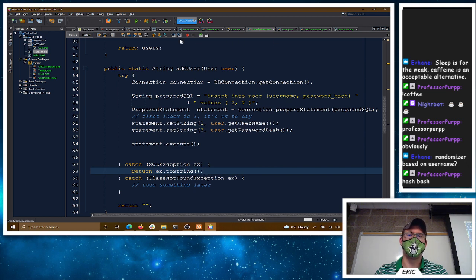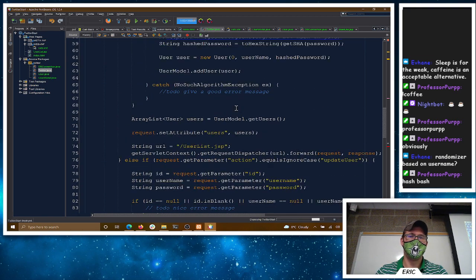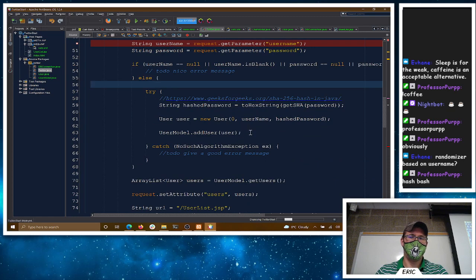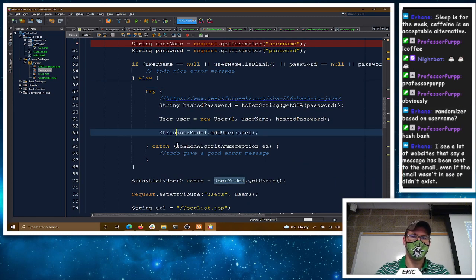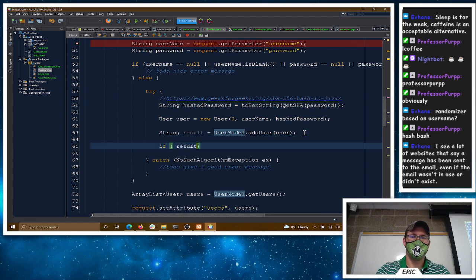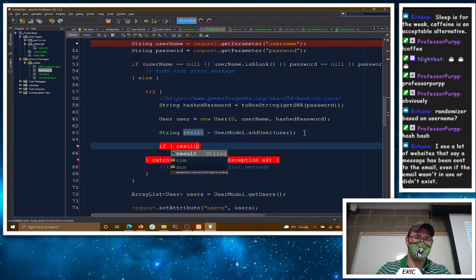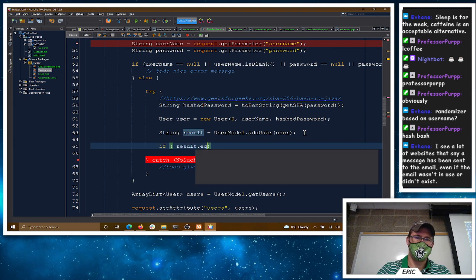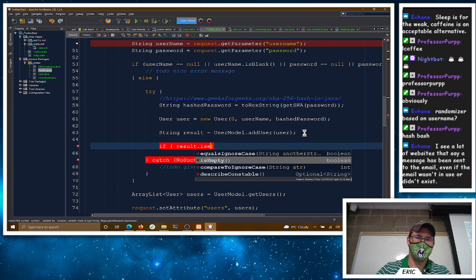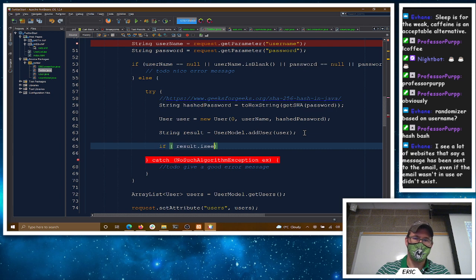So then in our controller here, when we go and add a user, we want a result. String for result is this, and then if the result is empty, no, is empty. Why does tab hate me? Tab. If it's not empty,